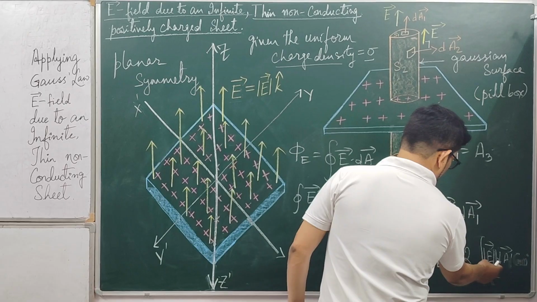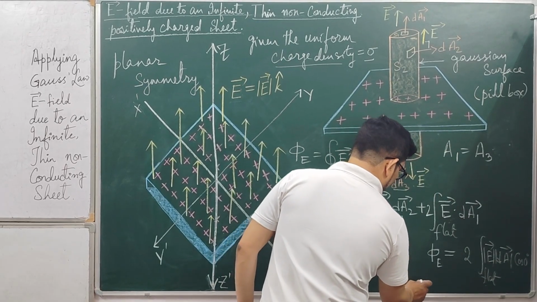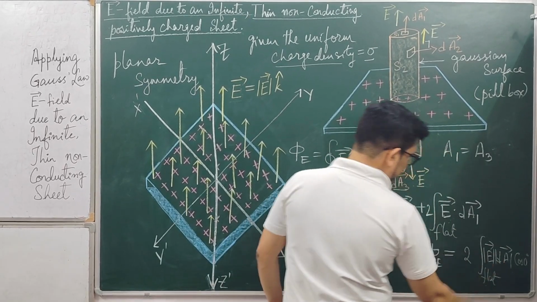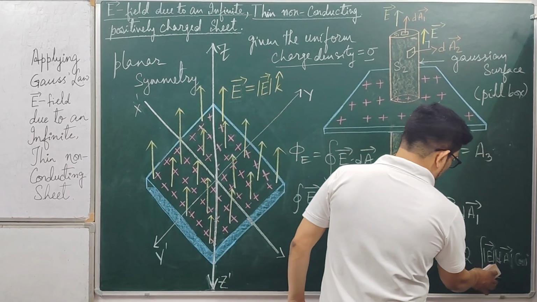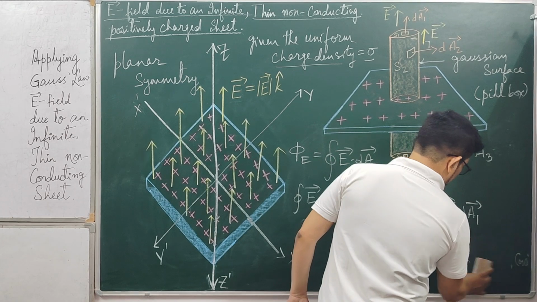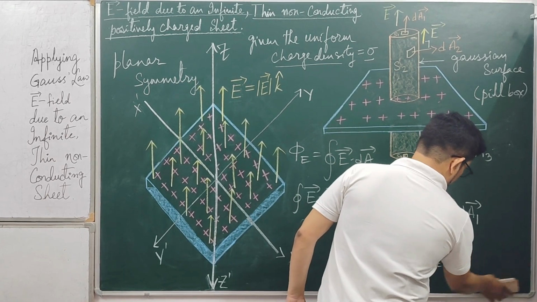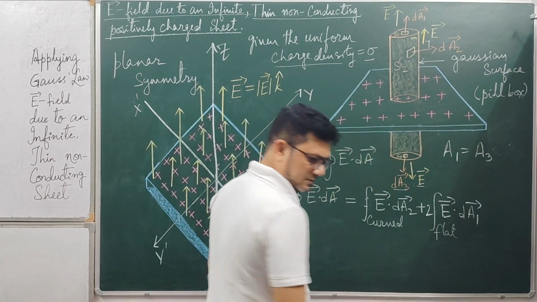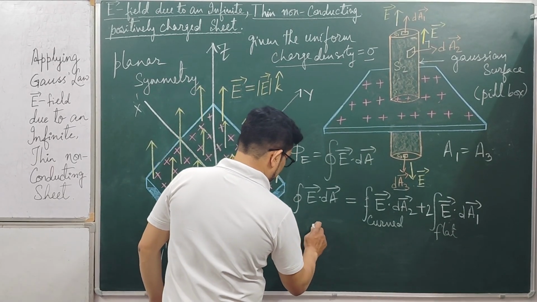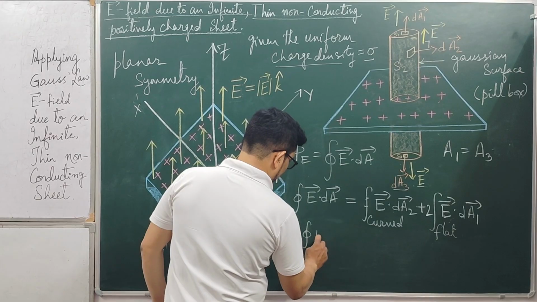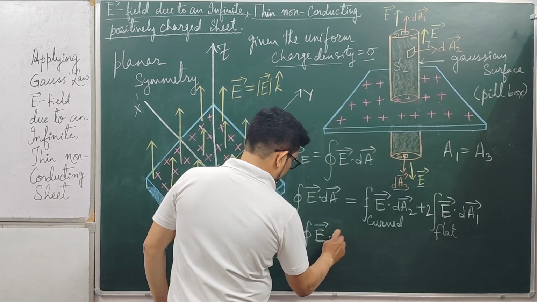If you operate this, it comes out to be the integral of E dot dA. E is a constant, we'll keep it out of the integral. So let us remove this and rewrite it again. So this comes out to be the net flux, which is E dot dA